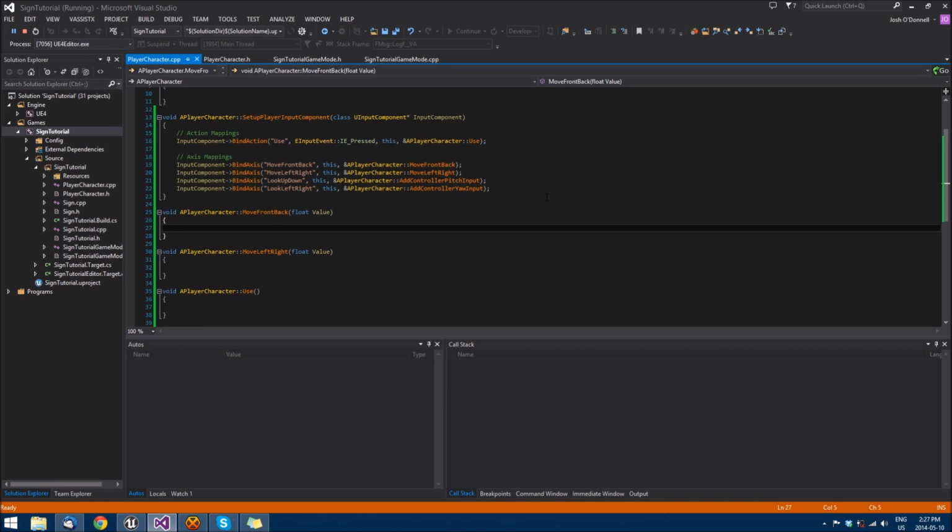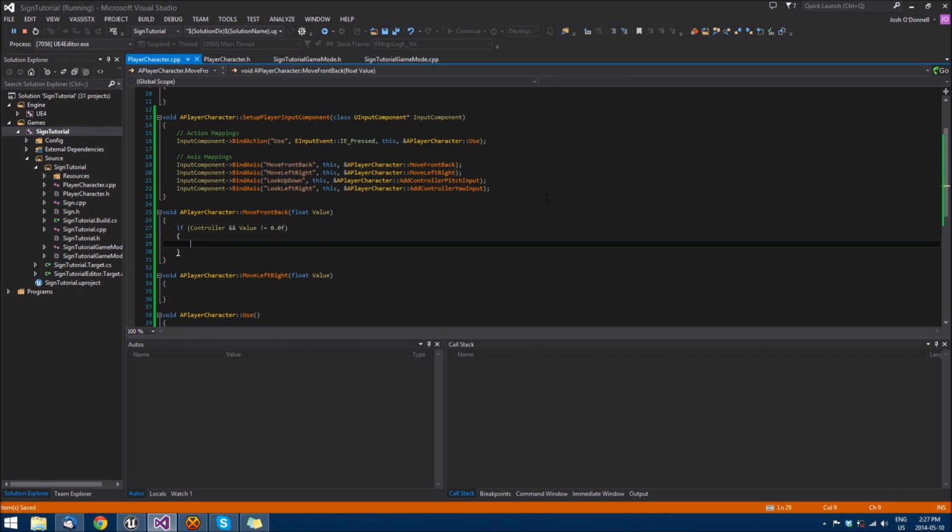And we're using the player controller that comes with player character, so just to avoid any null reference crashes, we're going to check if that exists, just to make sure. And we're also going to check if the value is not 0, because if the value is not 0, we want to run the code. If the value is 0, this isn't actually being used, because this is being polled even when you're not pressing it. So if the value is 0, don't run this code that we're about to run, because we can save on